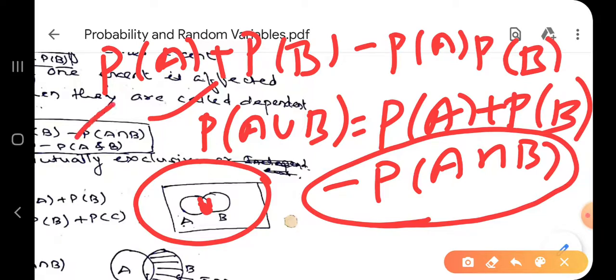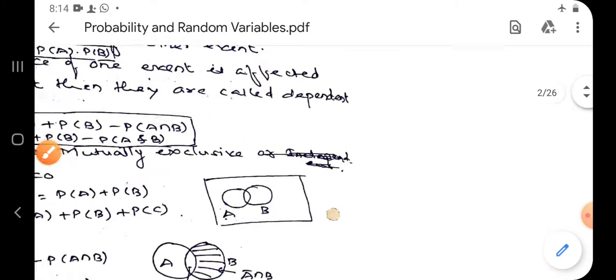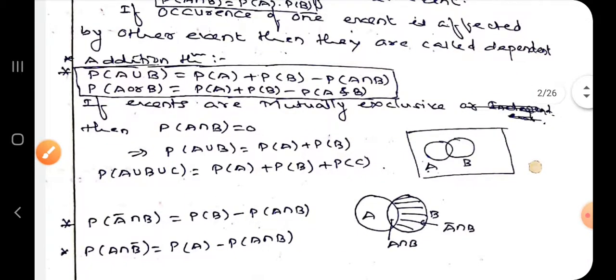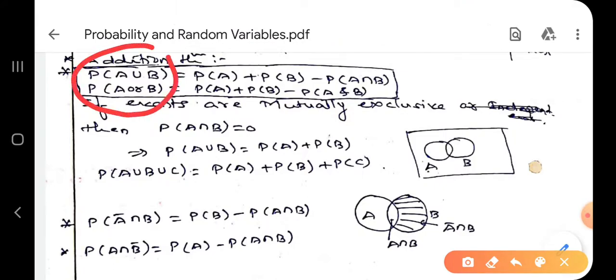So all three definitions keep in your mind. Once again I repeat it. What is that? P of A union B, or you may call P of A or B, no problem. P of A plus P of B minus P of A intersection B. Now if mutually exclusive, then P of A union B is equal to P of A plus P of B. Same for three events also we can take. For independent, P of A plus P of B minus P of A into P of B.